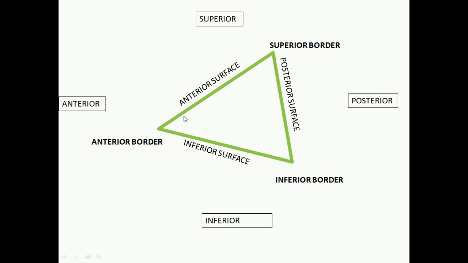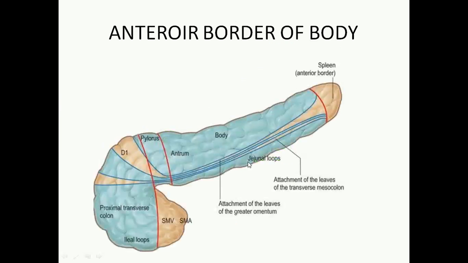What are the three surfaces? Anterior surface, posterior surface and the inferior surface. What are the three borders? Superior border, anterior border and the inferior border. So these angles form the three borders and the lines form the three surfaces. So this is the anterior surface, which is related with the